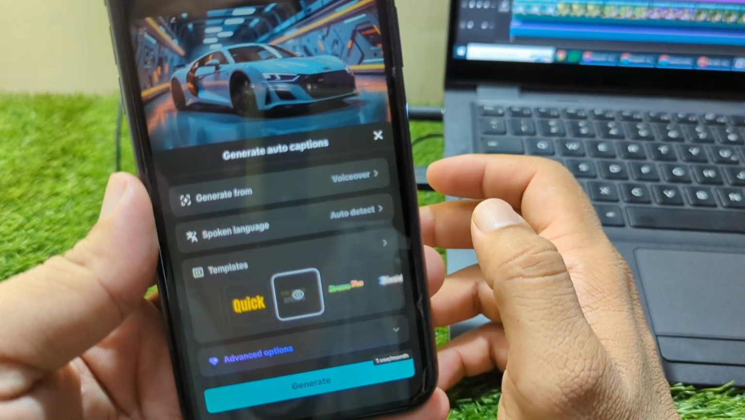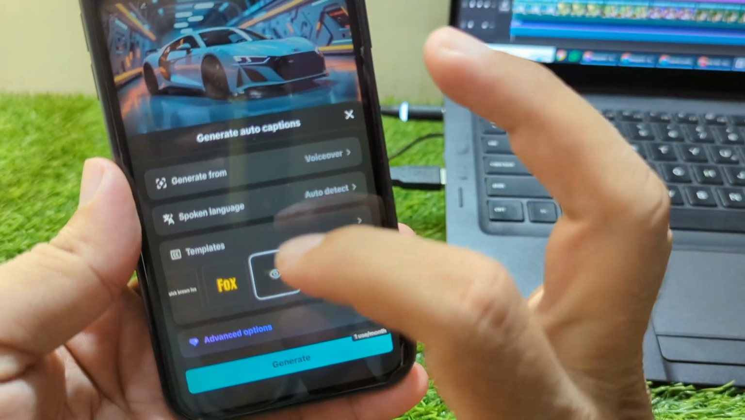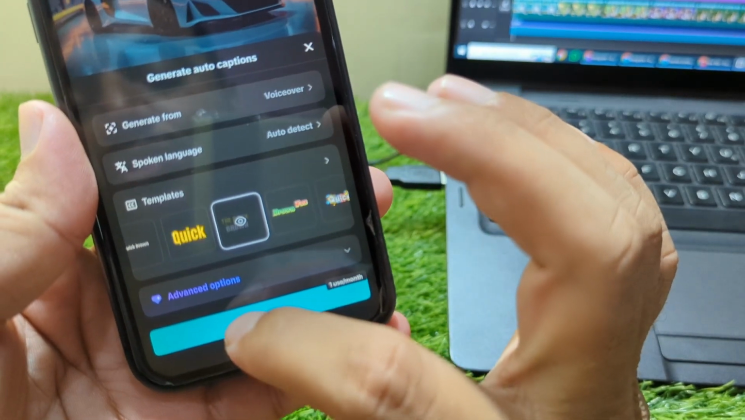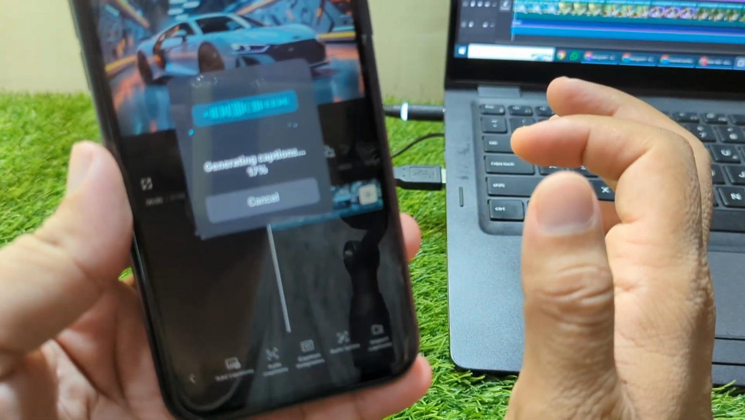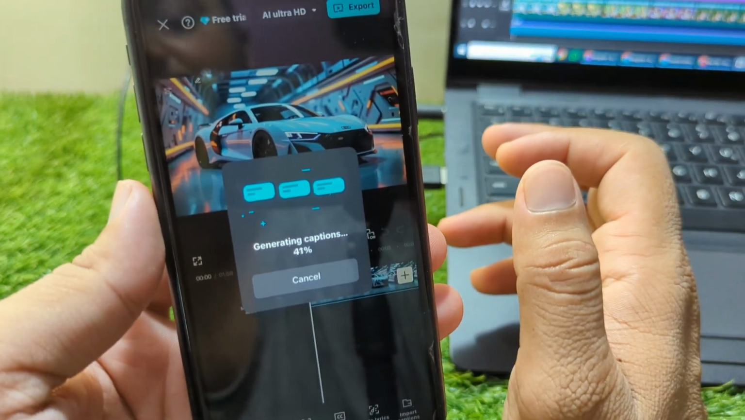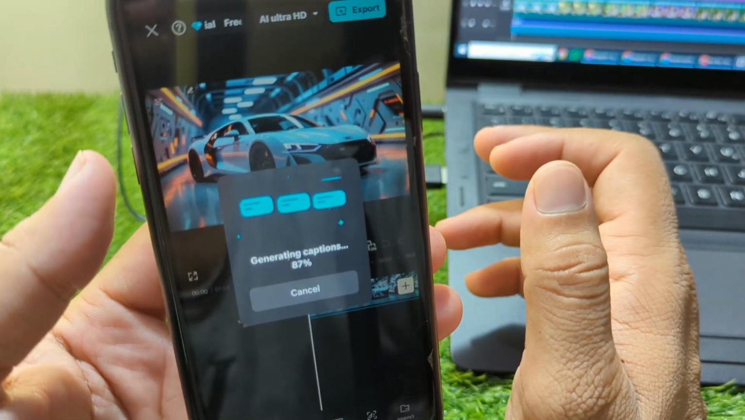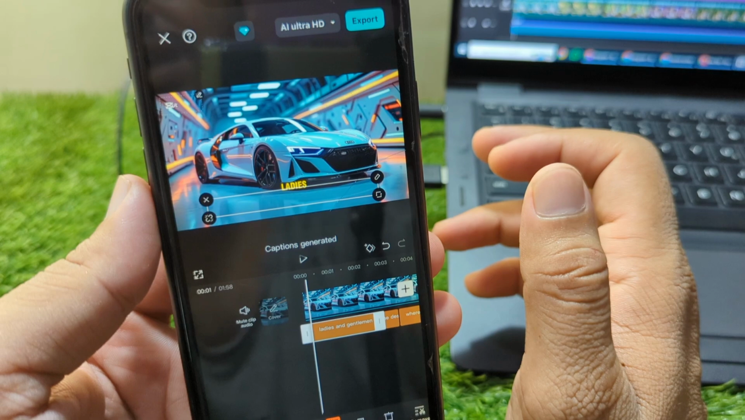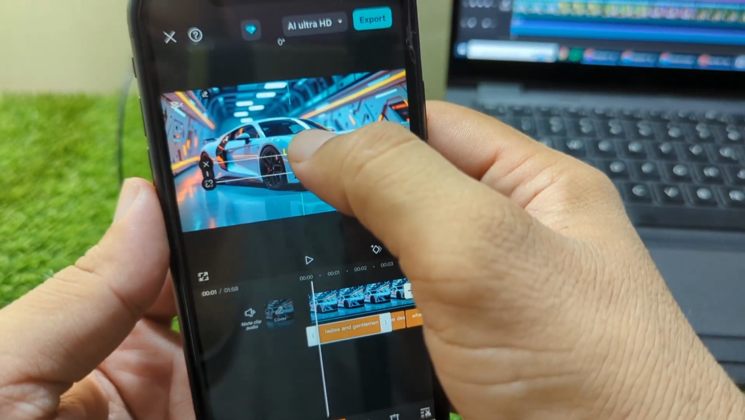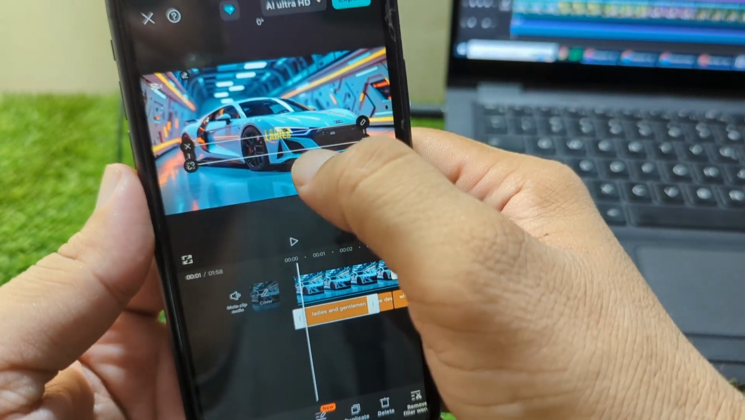So guys, here I am selecting this one. So guys, once you select it, you have to simply tap on generate and wait for a couple of seconds, and after this the captions or the subtitles will be added on your video. So guys, wait for a second, and here you can see this, the captions or the subtitles have been added